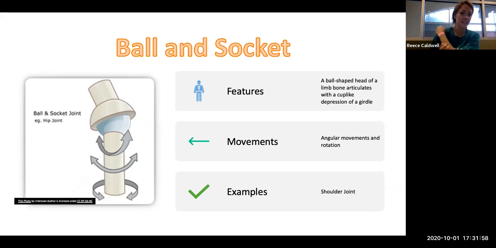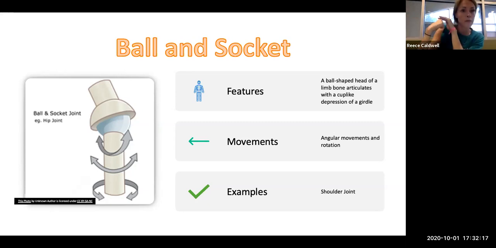So we could find this at the shoulder joint. When we looked at the appendicular skeleton, we looked at the humerus, the upper bone of the arm. We all know that's the funny bone. And then we looked at the scapula, the shoulder blade, and we saw how the head of the humerus fit